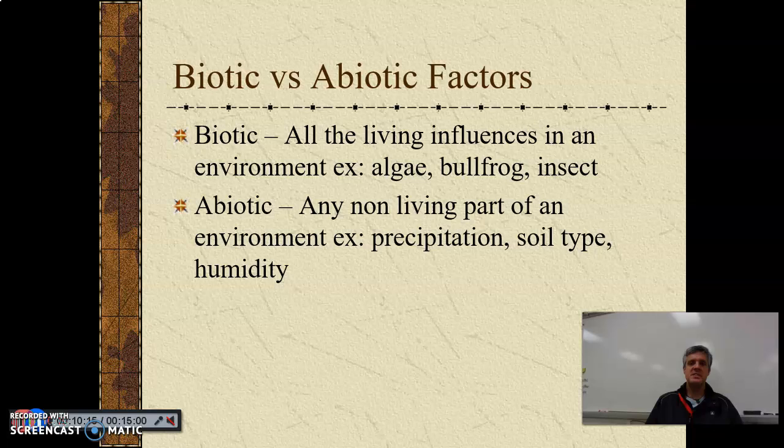I only gave a couple of examples, all right? But a lot of times when we talk about populations later on, we're going to bring up a number of abiotic factors that play a role in that population, okay? So we might look at something like salinity. Salinity is how salty the water is, maybe in an ocean, all right? And the fish in that ocean require a very particular salinity, and when it gets outside of a certain range, their populations are affected. So that's just a simple example of how we might look at biotic versus abiotic factors, okay?